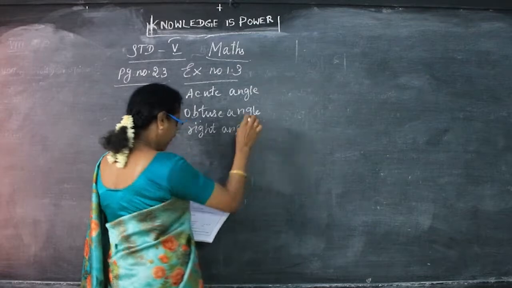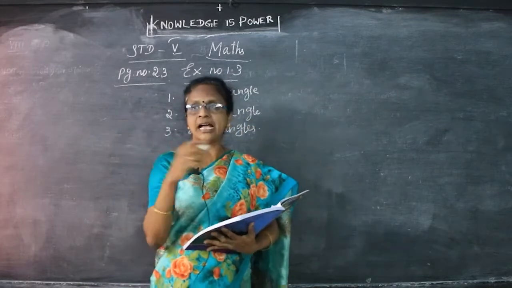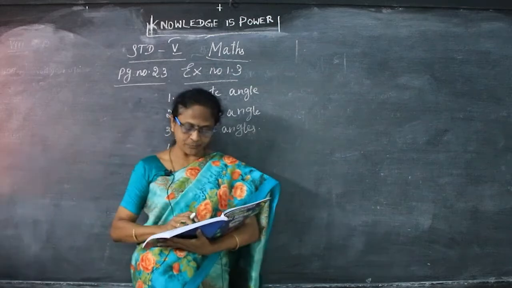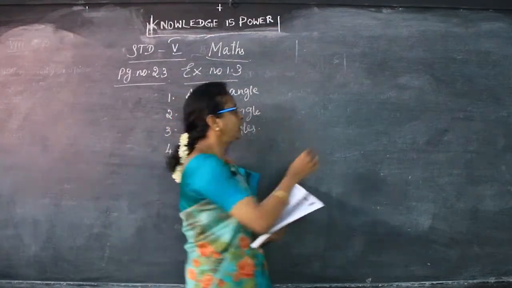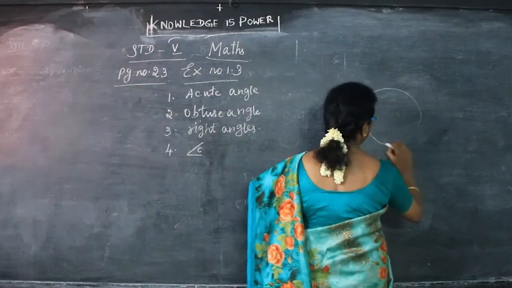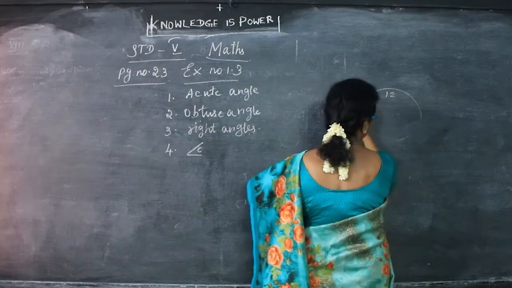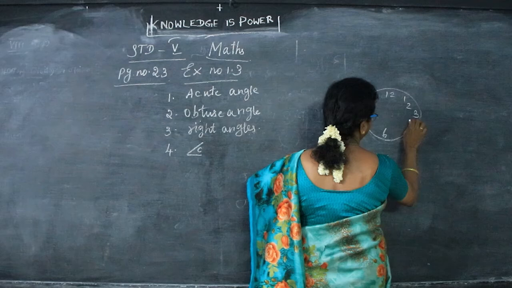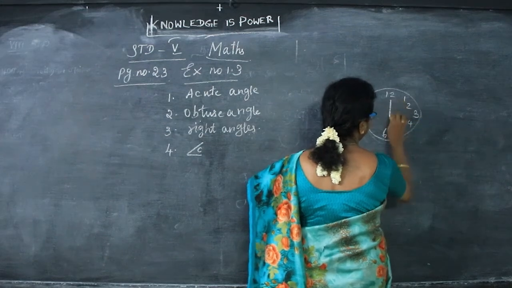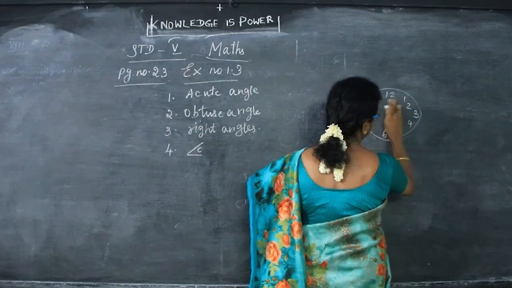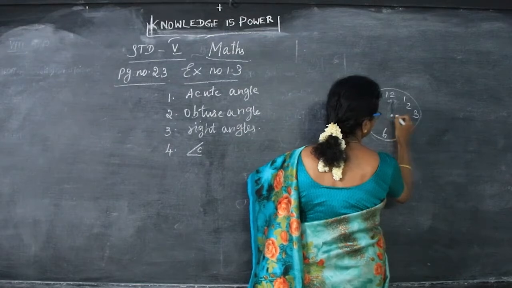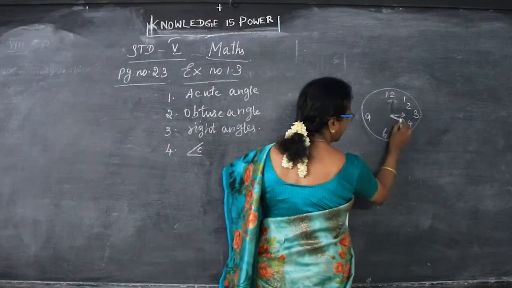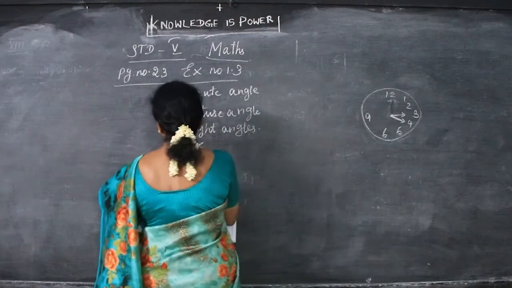Then the obtuse angle in angle ABC is angle C. Next, hands of a clock at 3:20. Hands of a clock. What angle comes at 3:20 on the clock? We can see the hands of a clock. 3:20, that will be the obtuse angle. Sorry, not an obtuse angle. 3 will be here. That will be the acute angle. At 3:20, the angle is an acute angle.